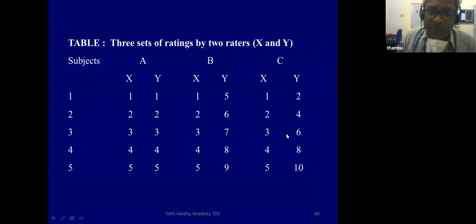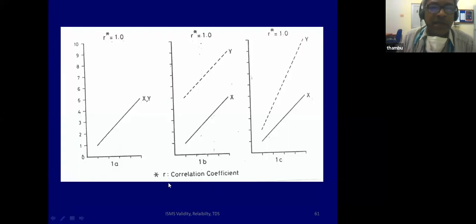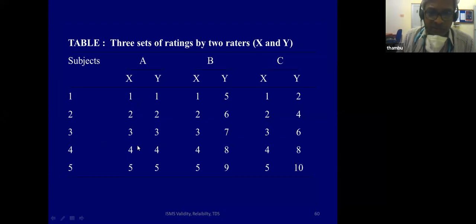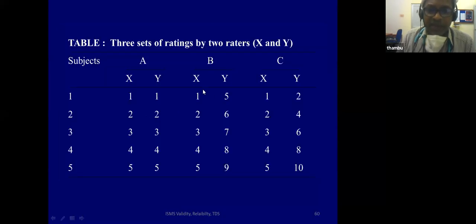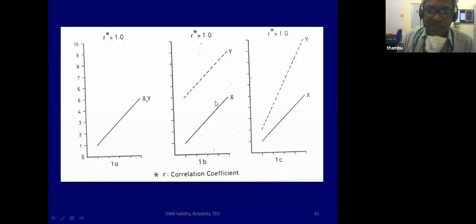But let's look at what happens to R. This is a graph shown. This is how they change. So in set A, this is set A, this is set B and set C. Clearly the X and Y here are all exactly on the same line. That's because 1, 1, 2, 2, 3, 3. So if you're drawing the graph, X and Y will be like this. R is 1. So go back again. When it was 1, it was 5, 2, it was 6, 3, it was 7. So if you look here, X is here and Y is here. So not good correlation, but the R value is 1.